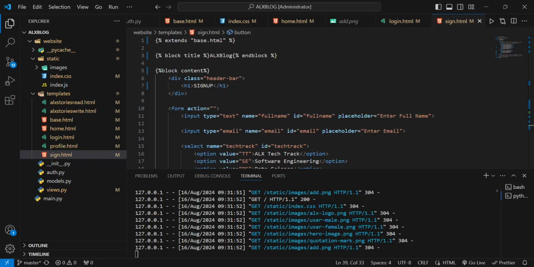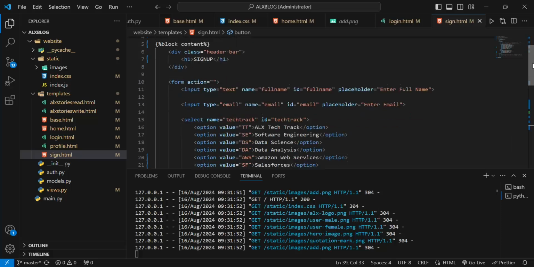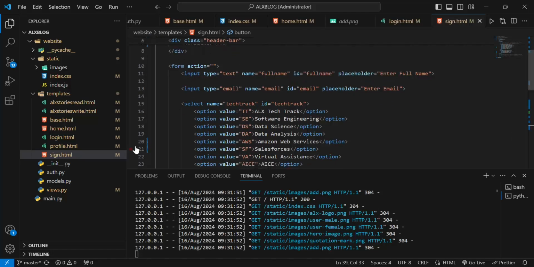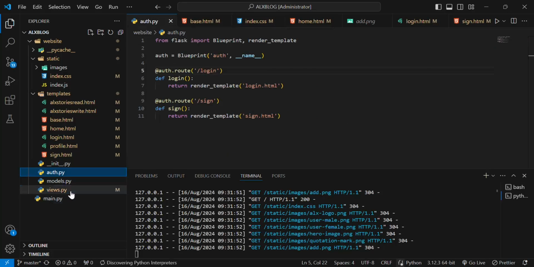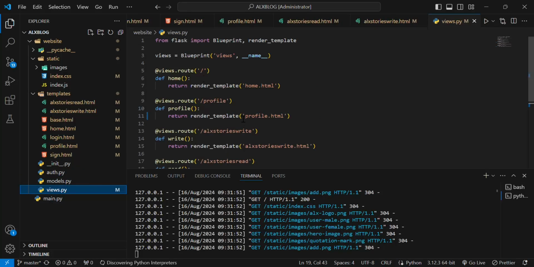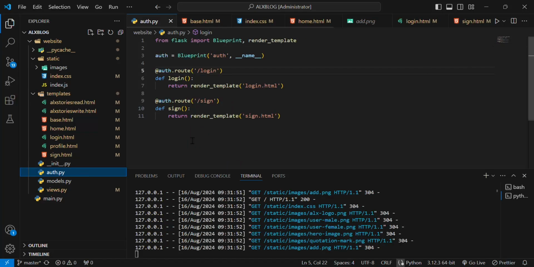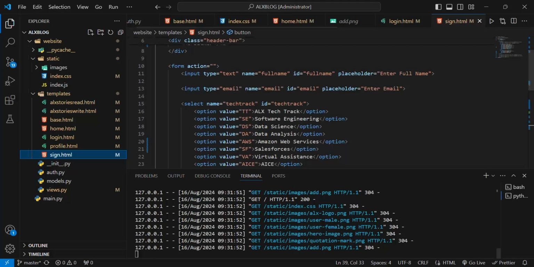What I would like to do right now is set my views to HTML. So I have my view set, and I already have my auth.py set. Okay, that's good. And so for my sign.html,